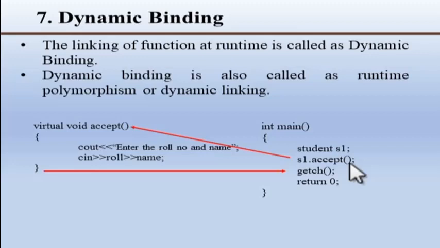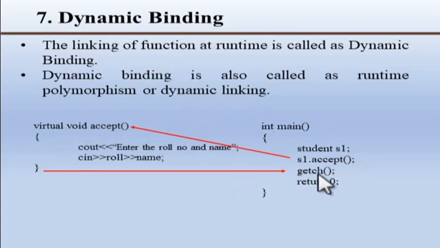In static polymorphism or static binding, we specify which function you want to call at the compile time. That's why the compiler takes all the calling function details and saves it in a program counter variable. So while executing that program, it directly jumps to the specific function.